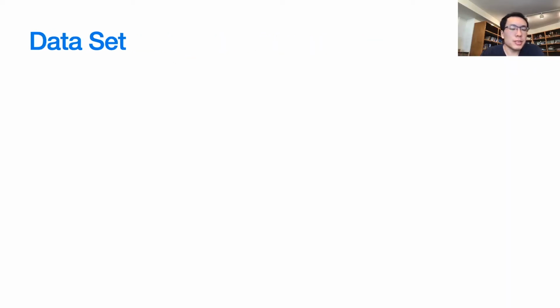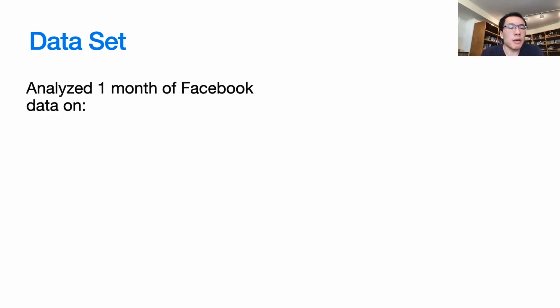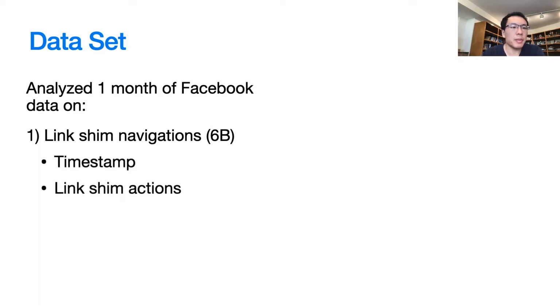Now, what we want to do in the study is analyze what link shimming's contributions are in terms of navigation, security, and privacy, especially compared to some of these potential modern web alternatives. To do this, we analyzed 1 month of data from Facebook on Facebook's actual implementation of link shimming. So we looked at 6 billion link shim navigations, where we looked at the timestamp and what link shim actions